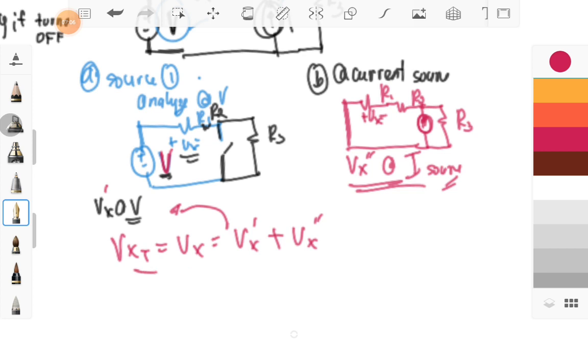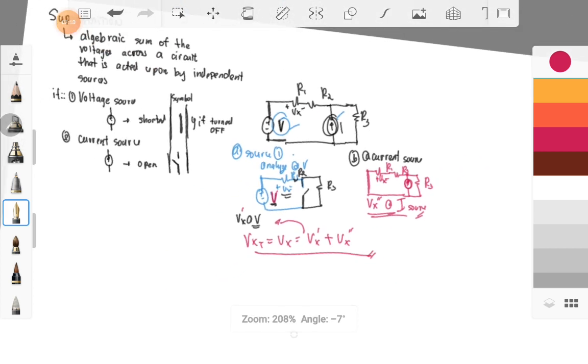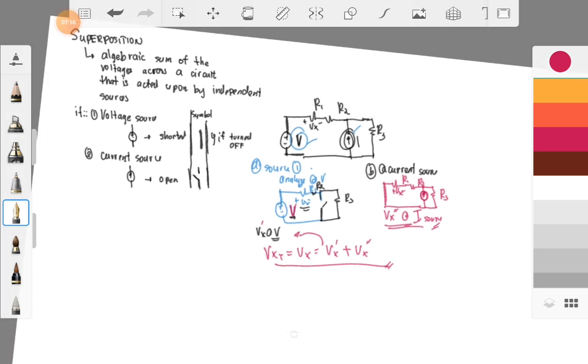So this will be your total. Okay, so mapansin nyo, natukoy ko lahat yung definition ng superposition natin. It is the sum of the voltages across a circuit that is acted upon by independent sources. Okay,